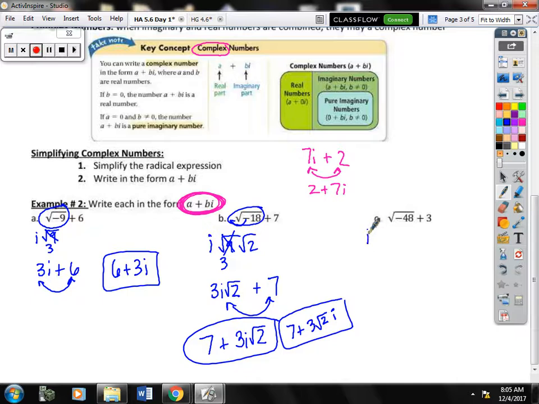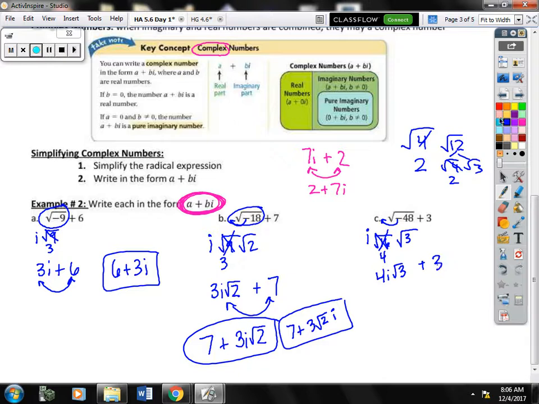Okay, for C, obviously taking out our negative, putting an i in front. What should I break 48 into? Garrett? 4 and 12 will work, but it will yield a multiple step problem. John? 16 and 3 would be your best bet. If you do 4 and 12, obviously 4 would be 2. You'd have to break the 12 down into 4 and 3, and then multiply those numbers at the end, which is fine, but a lot of people forget to keep going. So if you pick the biggest perfect square that goes in, it's a little easier. So we'll get 4i square roots of 3